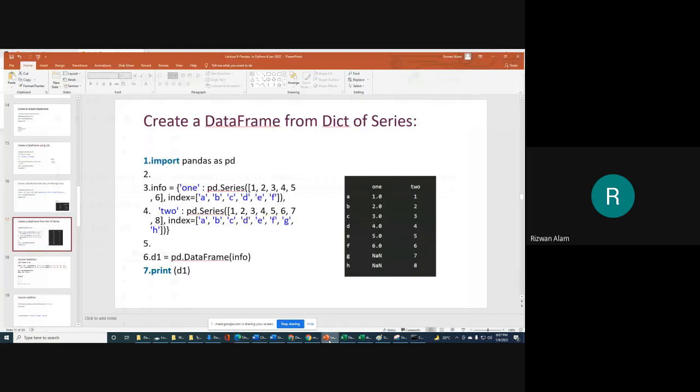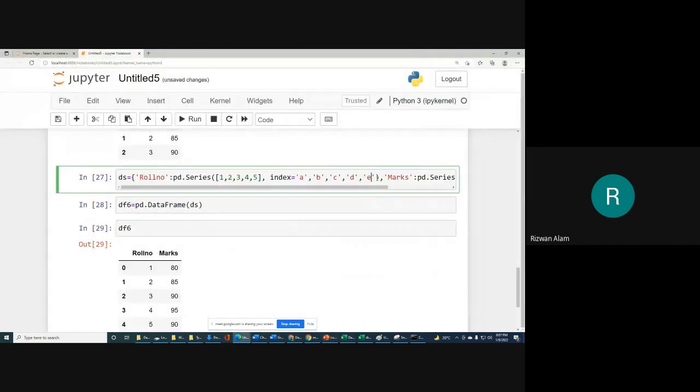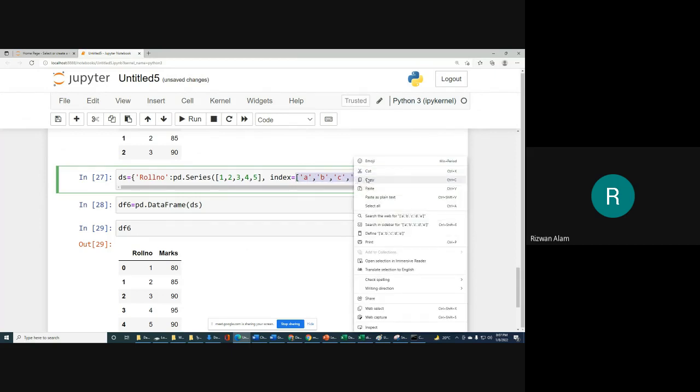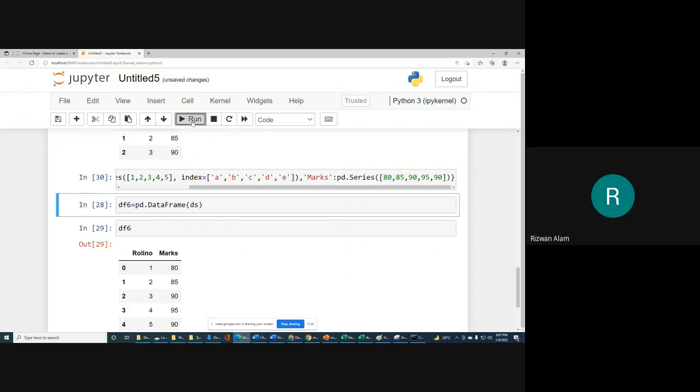And that we have to provide as a list. It will do like that, and we will do the same for marks also. First of all, let me try without assigning this index, so hopefully it will work properly.